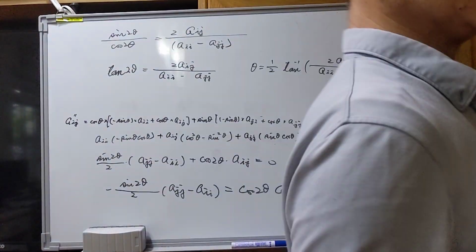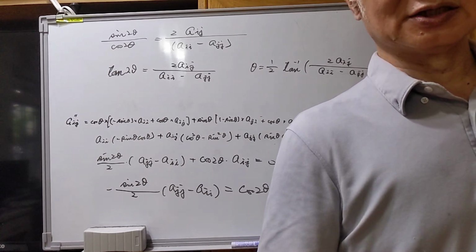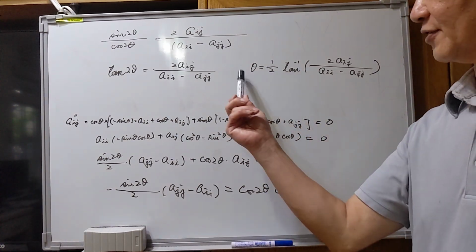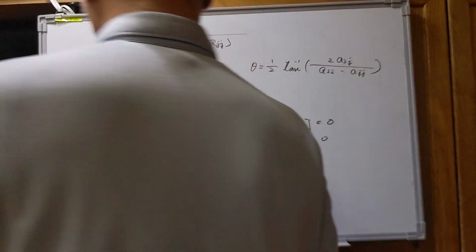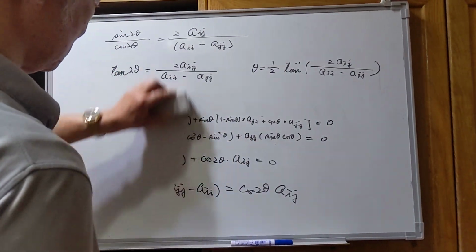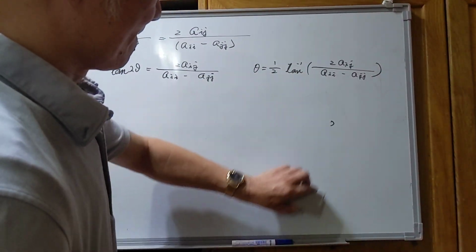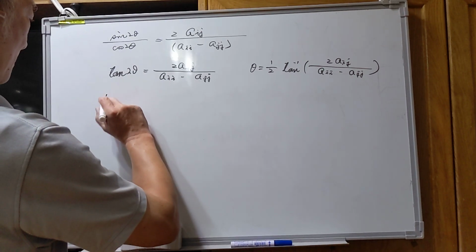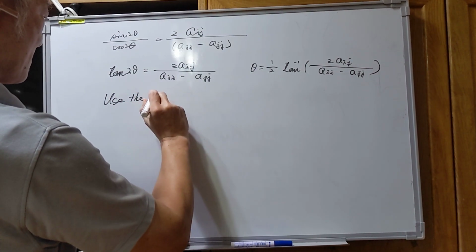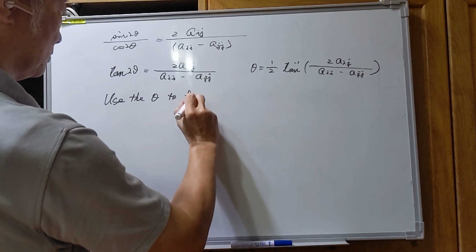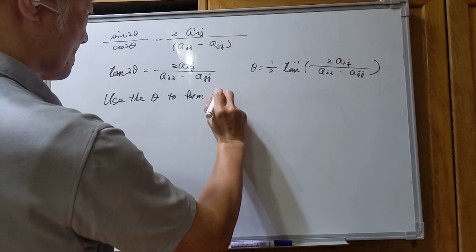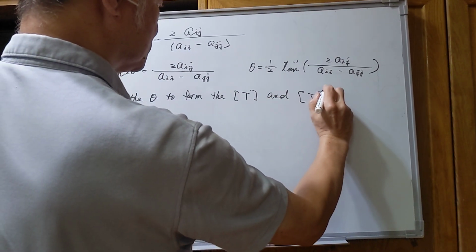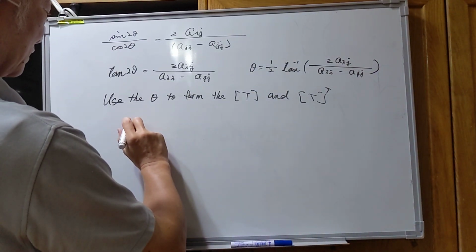Okay, that's the derivation of theta. If you solve for theta from this formula, then you can get the T matrix. Use theta to form T, and the T inverse, T transpose. Then we can calculate